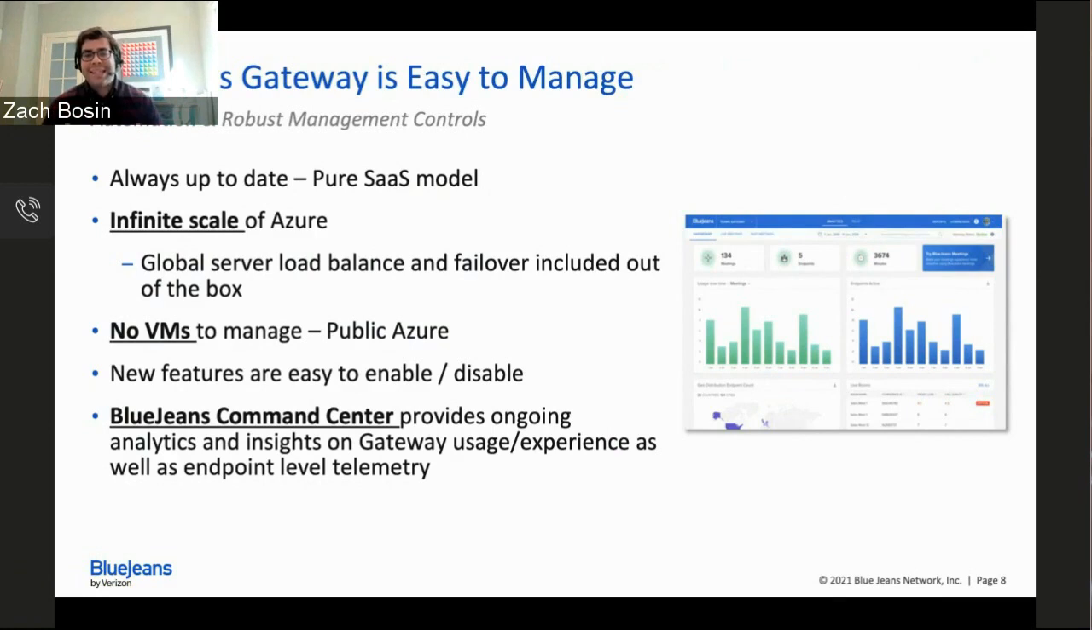This is a single pane of glass view that gives you in-depth analytics on the different meetings that are happening, the gateway usage and experience, and endpoint level telemetry, so you really have great visibility into the effectiveness of those conference rooms, the health of those endpoints that are connecting to Microsoft Teams meetings, and really enables administrators to be very hands-off, because we've got predictability and proactive reporting that's coming out of Command Center to really make your